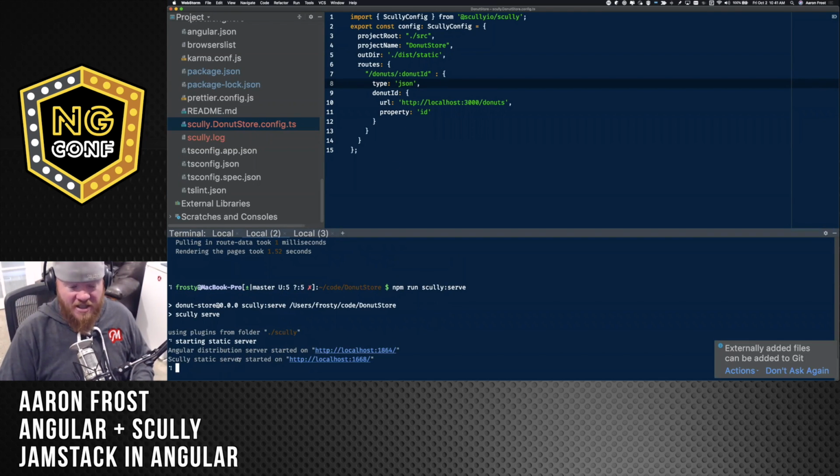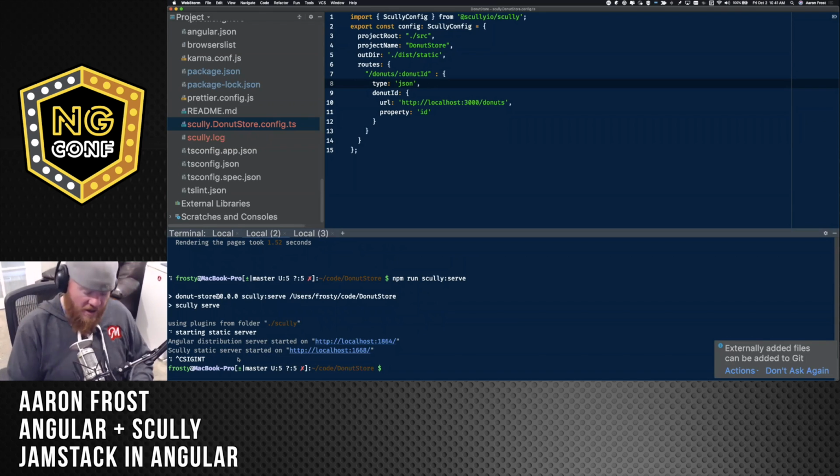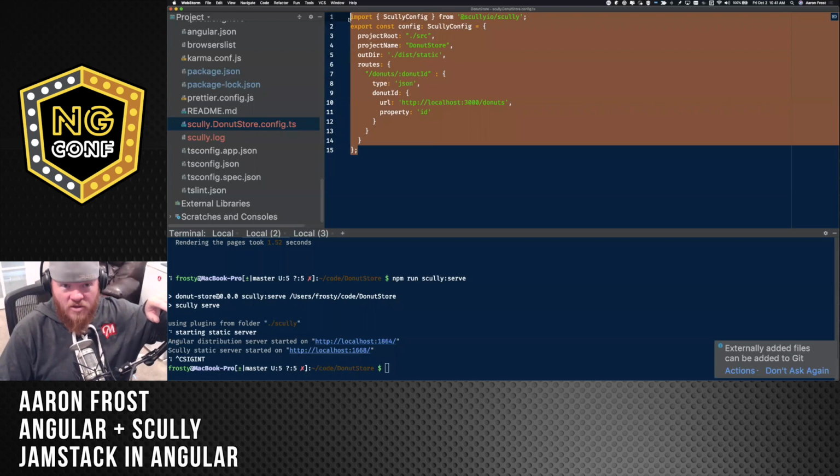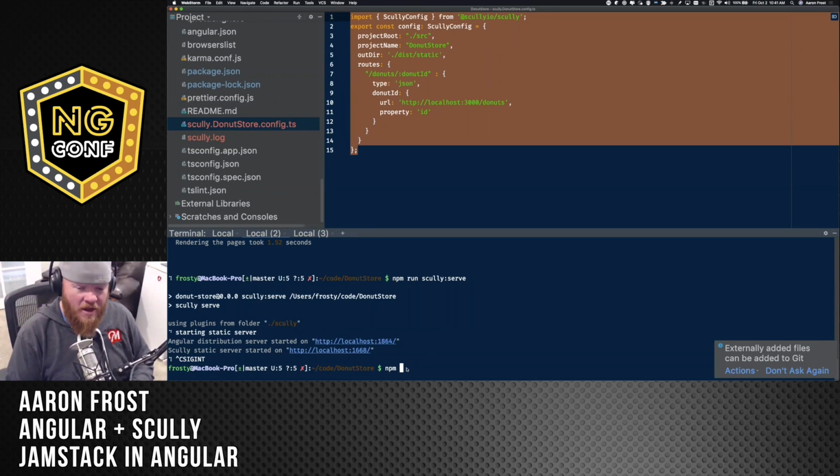So let's tell Scully to run again, all right? I haven't modified Angular, so I don't need to do another build. The Angular code is the same, right? The only file we modified was this file. So I don't need to do an ng build again. If I modified my Angular, I would need to do an ng build, but we've only modified our Scully config. So at this point, I'm just going to say npm run scully